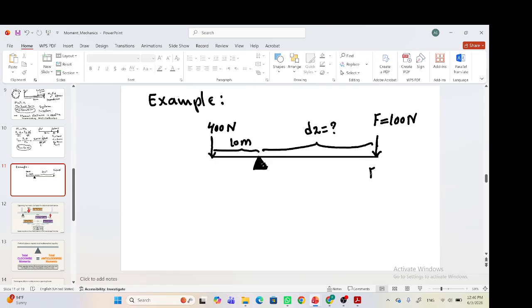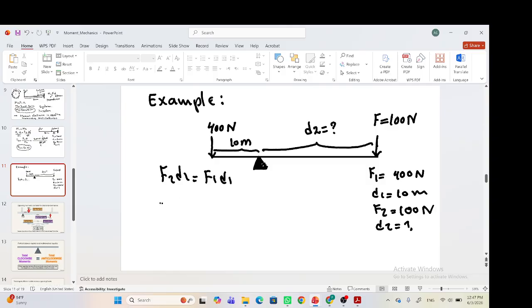Okay, so you may just identify the amounts that you are having. F1 is equal to 400 newtons. D1 is 10 meter. And then we have F2 is 100 newtons, and D2 is unknown. So F2 D2 is equal to F1 D1. D2 is unknown, so we should divide both sides of our equation by F2. Then we will have D2 is equal to